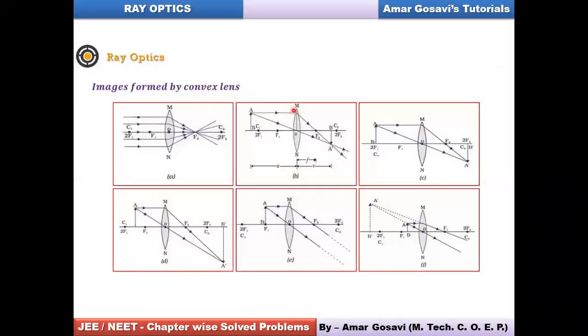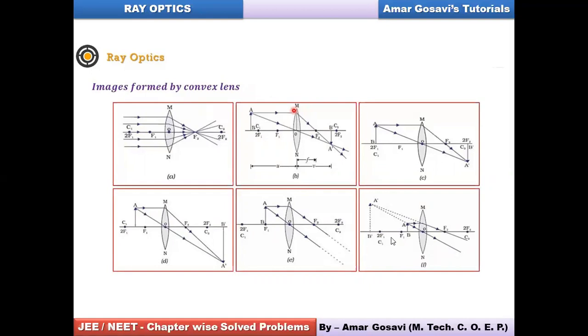Now from F1, you can see these are the different ray diagrams for the images formed by convex lenses basically. So if the object is at infinity, you can see the image will be formed at focus on the other side. Beyond 2f, the image is formed between f2 and 2f2, you can see, isn't it? Now at 2f, we have seen the image will also be formed at 2f. If it is between f1 and 2f1, it will be beyond 2f over here, a magnified image. Just now we have seen if the object is on the focus, the image will be at infinity.